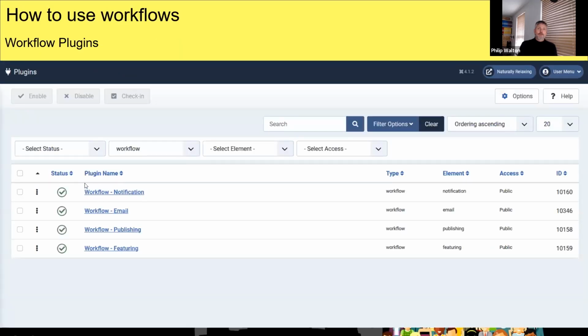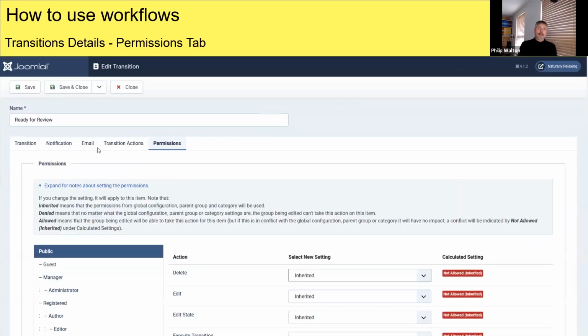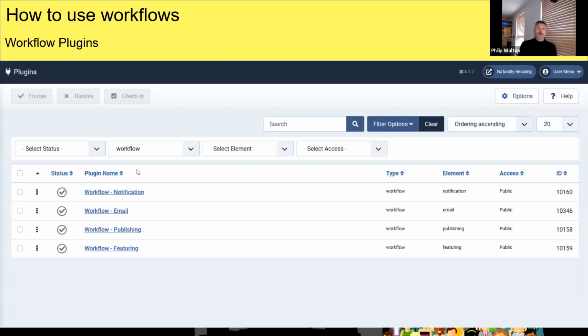And by moving these around, you can change the order that the tabs show when you're in the actual here. So if I was to change the order of the plugin, so the email was in front of notification, I would literally just need to drag and drop these two, because the other ones don't get to be seen. Drag and drop these two, and it would swap them around. So it's as simple as that.